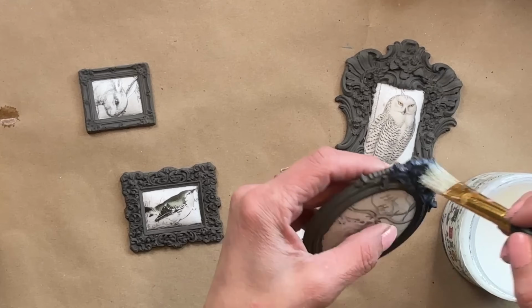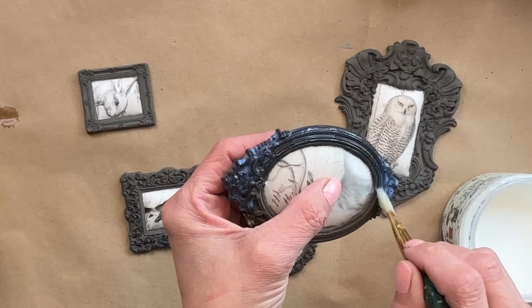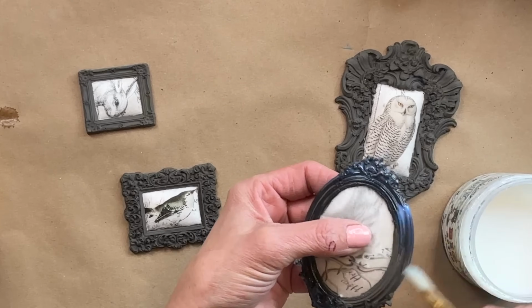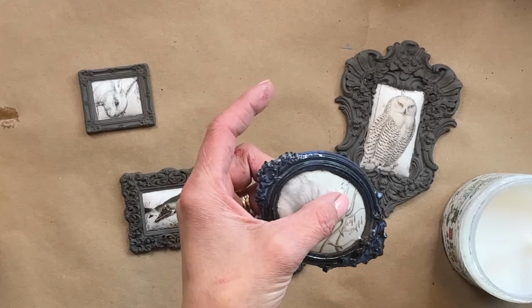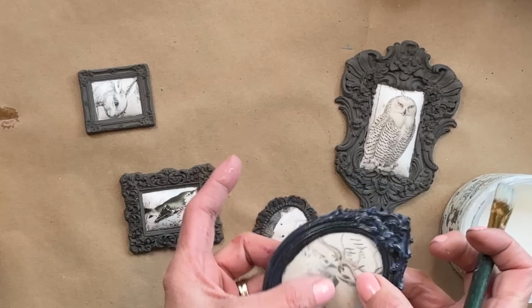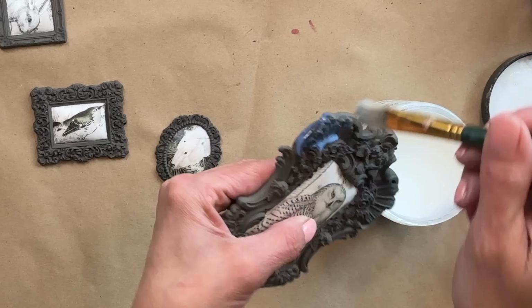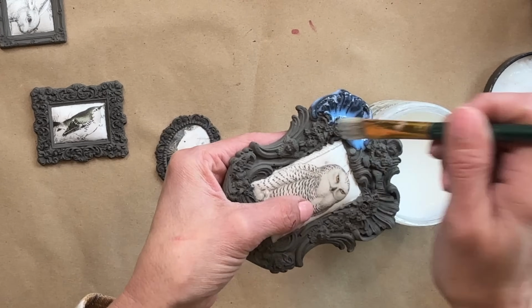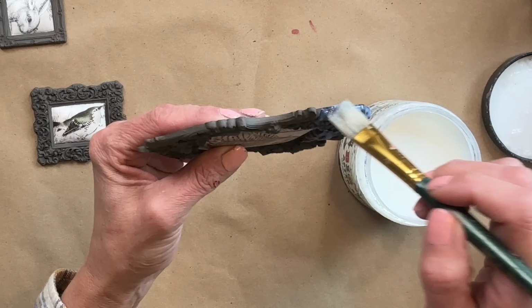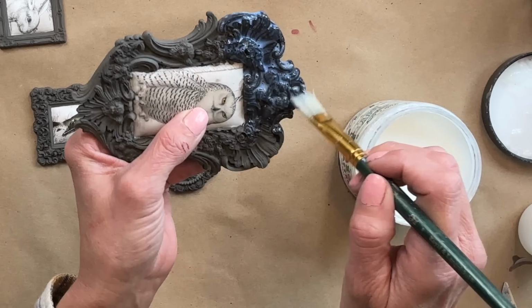Anytime you use DIY paint, it can be reactivated with water, so you definitely need to seal it with a top coat, whether that be Big Top, a poly, or you can use wax. I have decided to seal it with Big Top, and then we're going to go back in and use the gold gilding wax. The reason I chose the gold gilding wax is because my tree is full of all kinds of neutrals. I've used gold, rose gold,